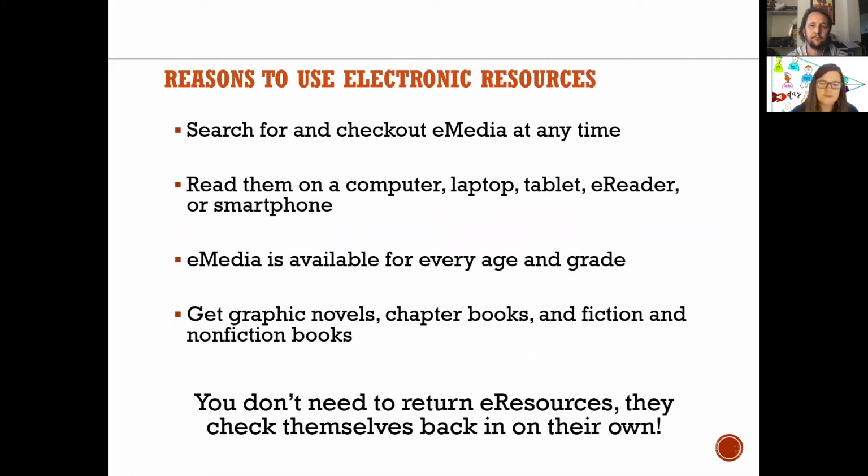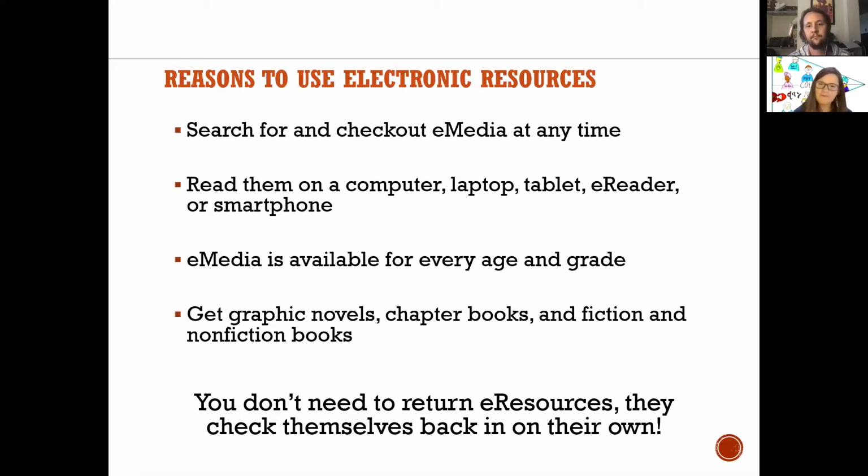One of the reasons to use them is that they're available anytime, any grade, and they're also available on a wide variety of technology. One of the key things is, of course, you will need to have an internet connection. Unfortunately, that's just the name of the game. The folks who were able to join us today obviously have a step up.